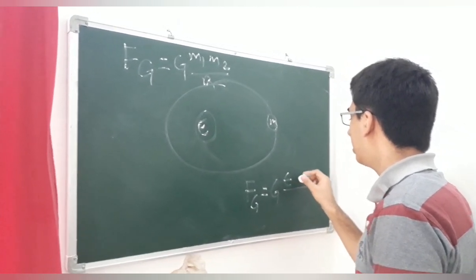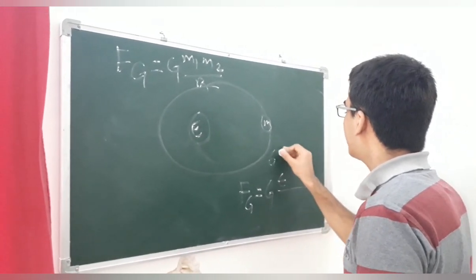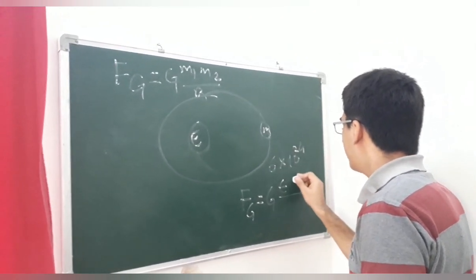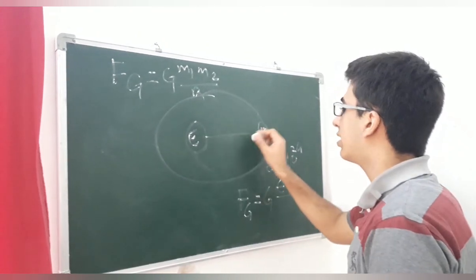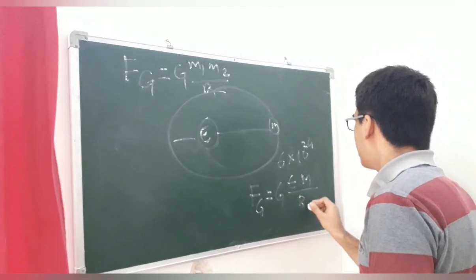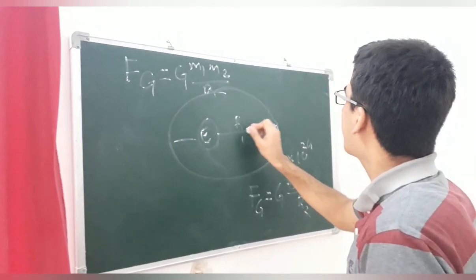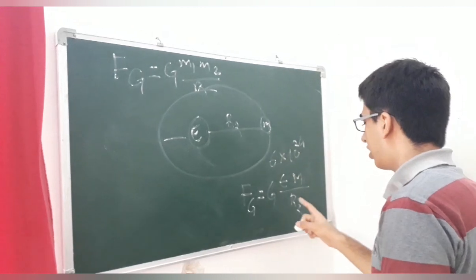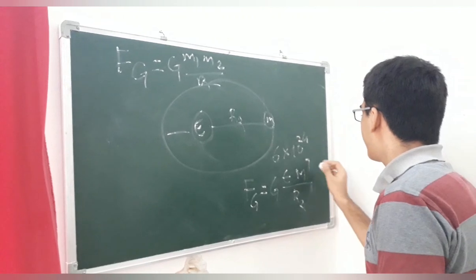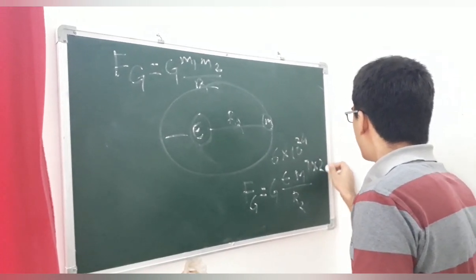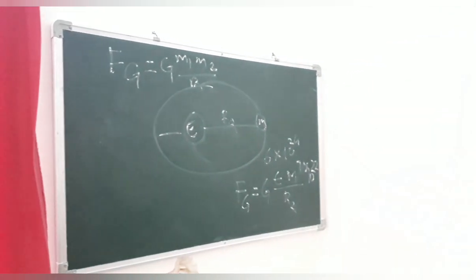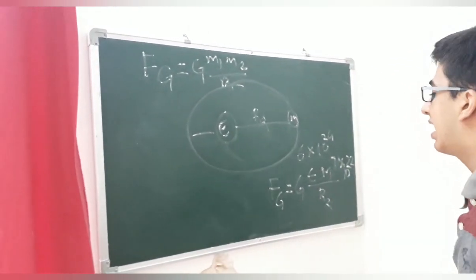This is the mass of the earth, which is approximated to be 6 into 10 to the power 24, and we have the mass of the moon, divided by the distance between the apogee or perigee or wherever you want it to be. This is the distance r squared in our context because we're finding it for the apogee. So we're going to divide the whole thing by r squared. I'm just going to give you an approximation of the moon as well. This is 10 to the power 22, and this is not a completely accurate one. For the earth it's actually like 5.9 and likewise.